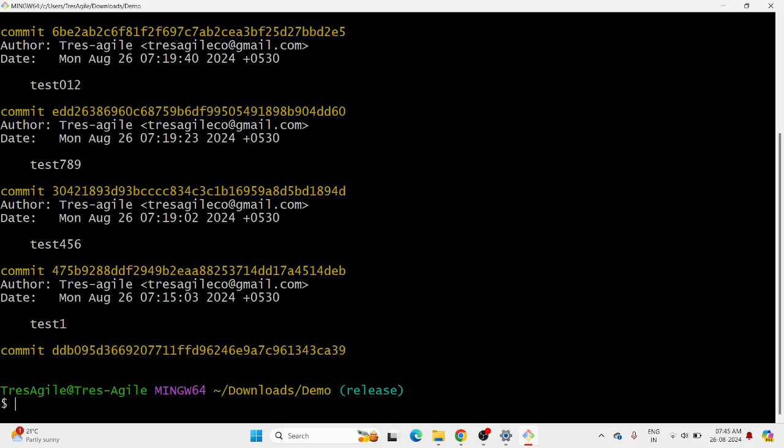But how to do it? That's where the difference is. How to do squashing? As you can see, we want to merge three commits into one. Only one command is there: git rebase -i HEAD~, the tilde symbol. Now, what is our requirement? I want to merge three commits into one commit, so you have to give the number three. Why you are giving three is